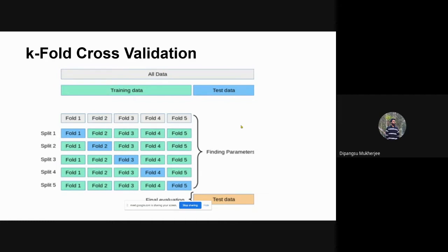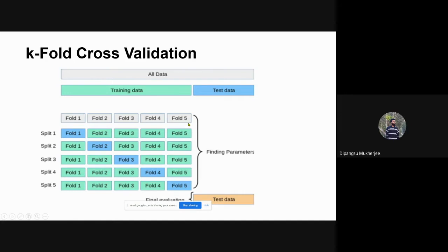And after choosing our algorithm, suppose there is an accuracy of 70%, and we want to increase the accuracy. So that's why there is a part called model validation, and we will use the technique called k-fold cross validation. You can see this is all the data we have, and as we said earlier, 80% is training data and 20% is test data, or otherwise it will be 75% and 25%. And we will separate it into some folds: fold 1, fold 2, fold 3, fold 4, and fold 5.